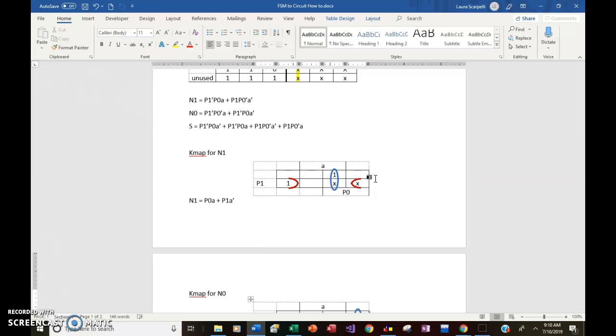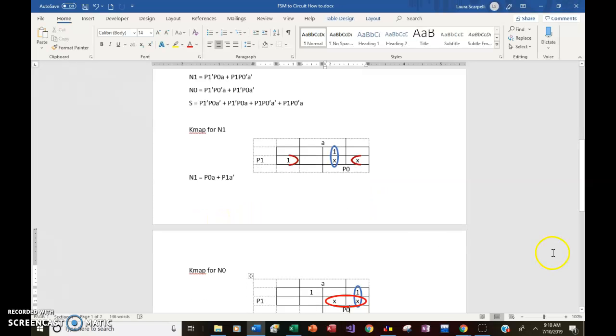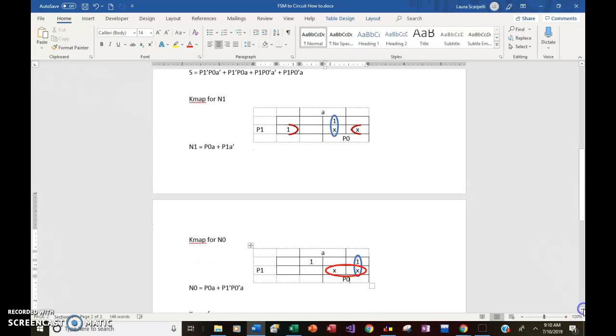And the don't cares, if you recall, you can interpret as a 0 or 1, whichever works to your advantage. In this case, a 1 works to our advantage, so we can create these two groups of 2. So here's your simplified equation. Now, if I just scroll down, in the case of N0,